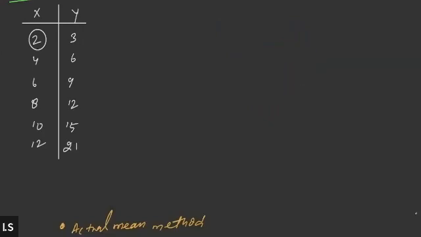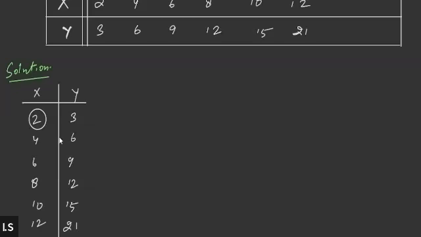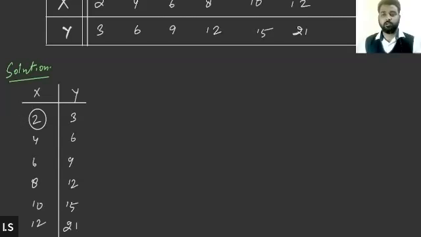Okay, so this is the information that is given in the question, X variable, Y variable, and using this information we need to find out the correlation, and that too by the actual mean method. So first of all we will write down the question in the vertical format, and after writing the question in the vertical format, what do we do? We will now